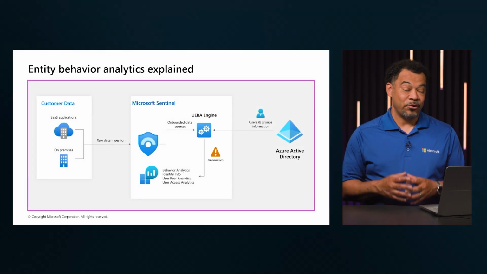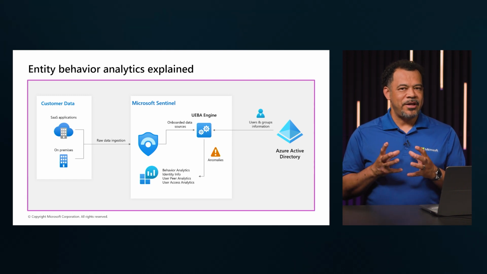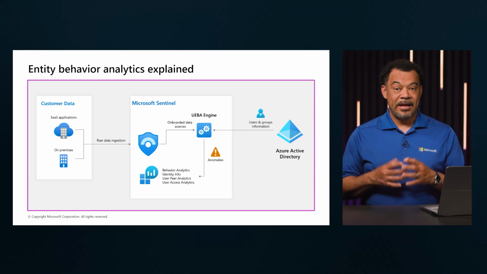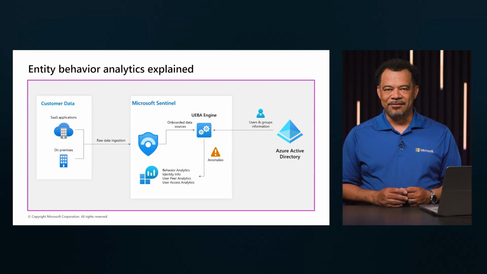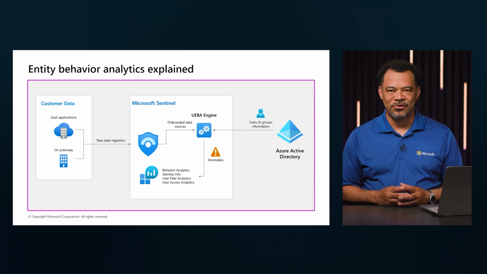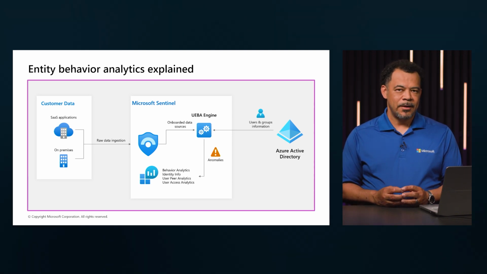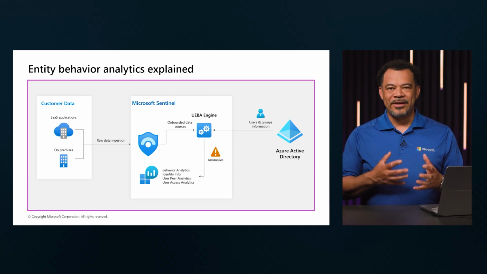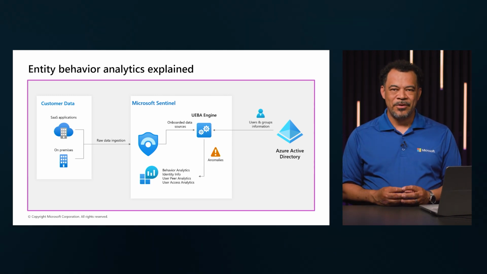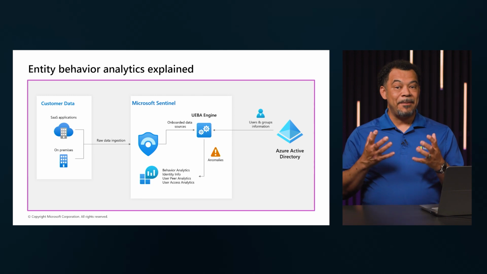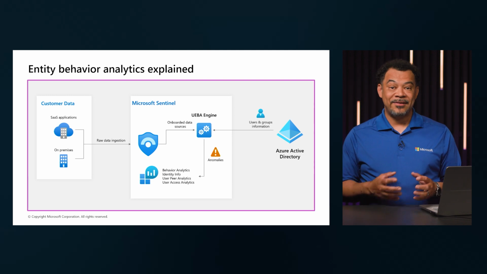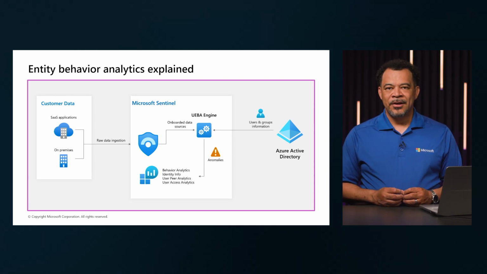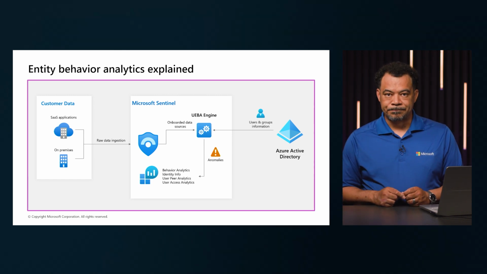User and Entity Behavior Analytics, or UEBA, is a security technology that uses machine learning and advanced analytics to detect abnormal behavior by users and entities, things like devices, applications, or servers, within your organization. Instead of relying solely on known attack signatures, UEBA builds a baseline of normal activity for each user and entity, then flags deviations that could indicate threats, such as a compromised account, insider attacks, or maybe even lateral movement.